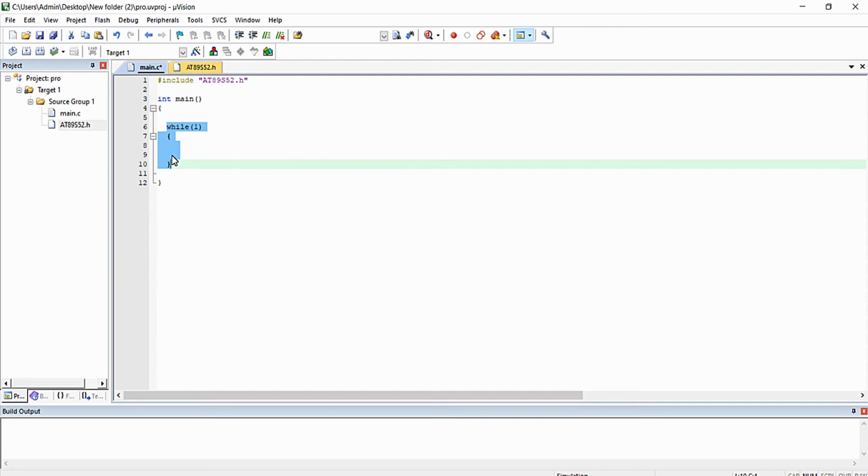There are two types of programming instructions in embedded programming: one-time executable segments, that is the configuration lines, which are done inside this int main or the main function, and the programming lines that need to be executed again and again, that is the logic of our program that needs to be executed every time until the microcontroller is stopped, which must be written inside this while of 1. So this is the difference between these two things.